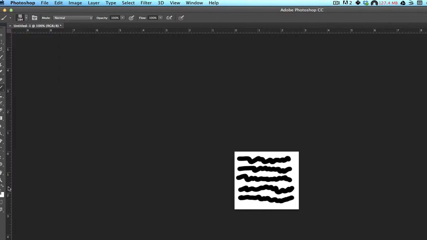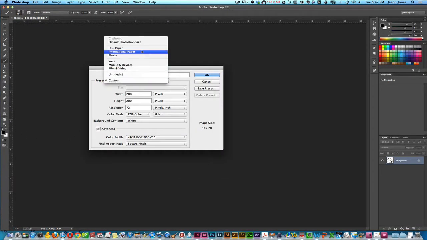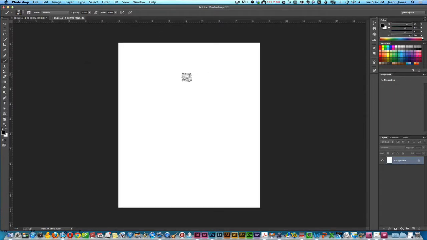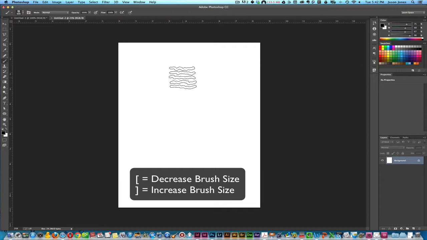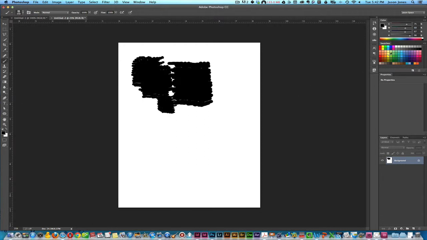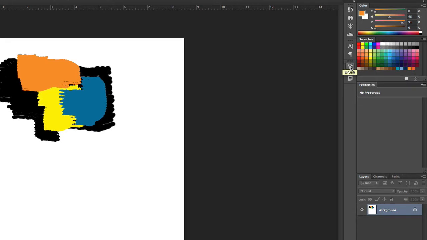So what can we do with this? Well, if we create a new document, and I'll just create it as a letter size, you see, I have my brush that I just created selected, and I can change the color. And I wouldn't stop there. I would open up